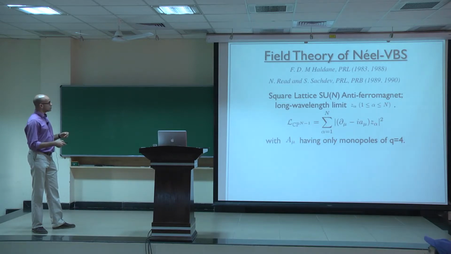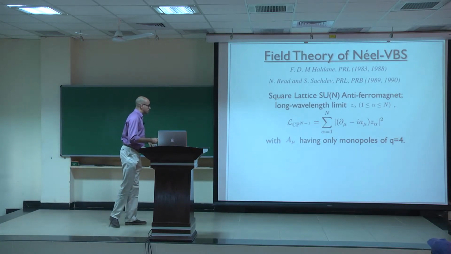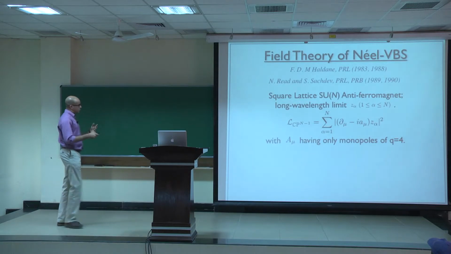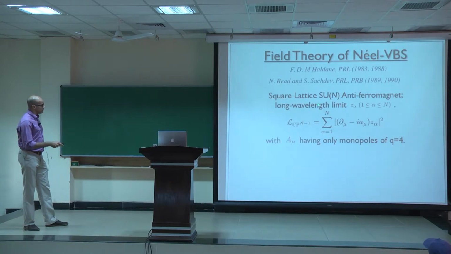Okay, so we all know the SU(2) antiferromagnet can be described as an O(3) field theory, but you can also write it as a CP^1 field theory. And in general, if you have an SU(N) antiferromagnet, it's described by the CP^(N-1) field theory. But there's an important detail, which is that in this long wavelength theory, there are certain topological defects of the gauge